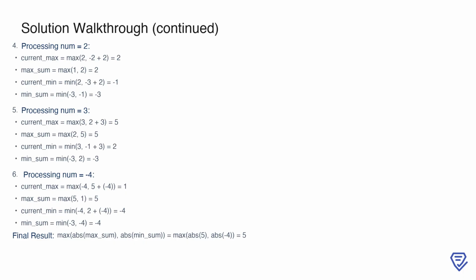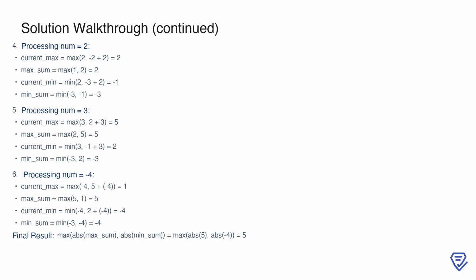When processing 3, current_max becomes the maximum of 3 and the sum of current_max plus 3, which gives 5. Max_sum then updates to 5. For current_min, we calculate the minimum of 3 and the sum of current_min plus 3, which results in 2, but min_sum remains -3. Finally, with -4, current_max becomes the maximum of -4 and the sum of current_max plus -4, which